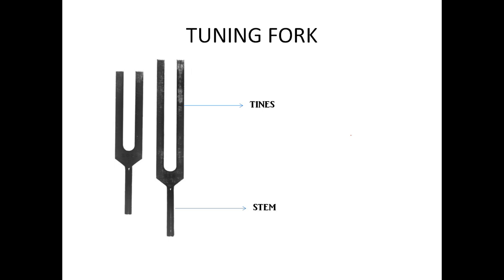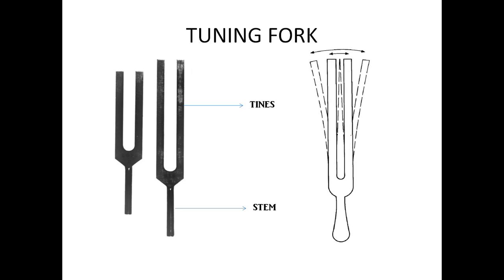When the tuning fork is struck against an elbow or a bone or wood, the tuning fork will vibrate. The tines of the tuning fork will vibrate away from one another such that it creates a disturbance in the surrounding air molecules, which leads to generation of sound at a single frequency. Most commonly used is the 512 Hz tuning fork. Now we will move on to the tuning fork tests.